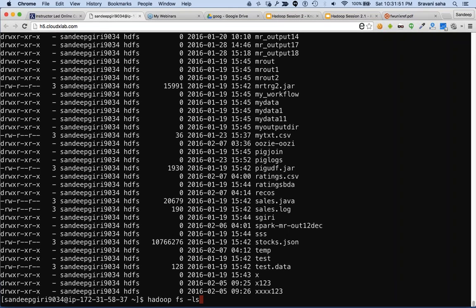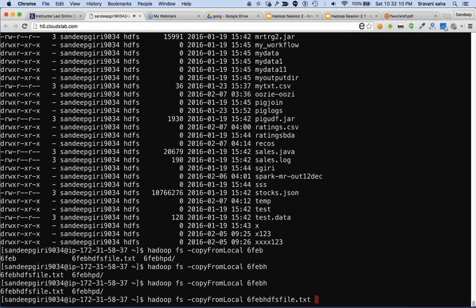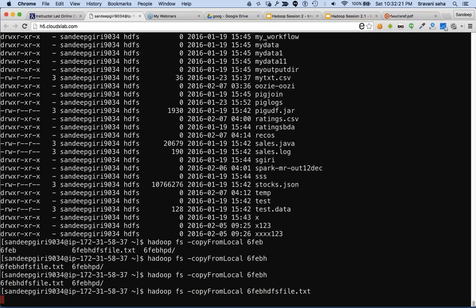All right, now let's say I want to upload the recently created file. We say copy from local. I'm copying the data from my local folder and uploading it into my home folder in HDFS. Since I have not provided a destination, it will copy this local file into my home folder in HDFS. So right now we are interacting with HDFS from our